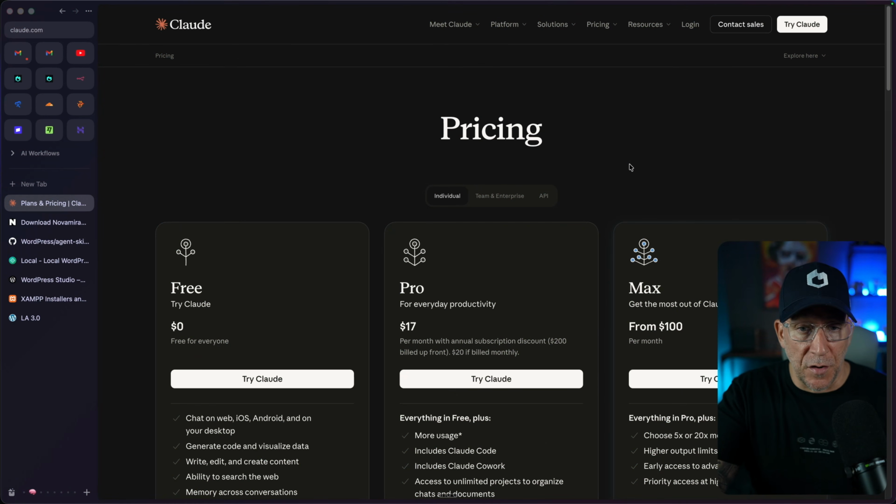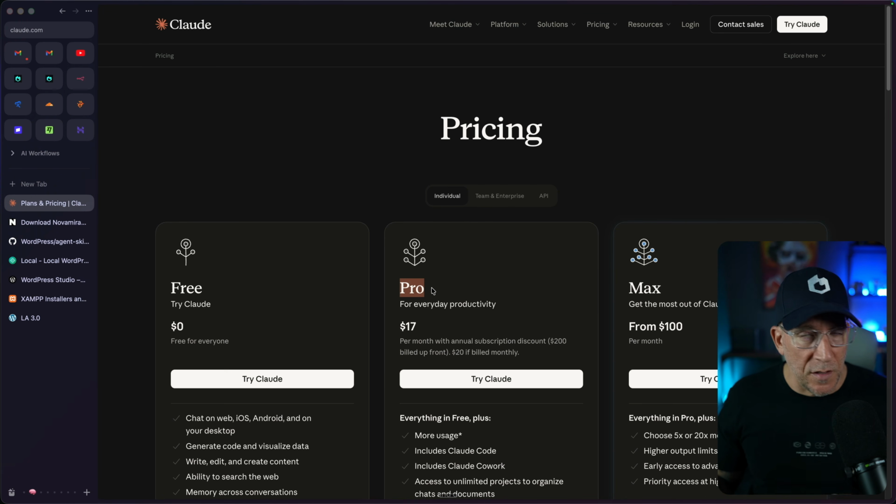This is a simple step-by-step guide for connecting Claude Code or other AI agents like Codex to a WordPress website locally, and it's only going to take a few minutes. We're going to be focusing on safety, security, and following best practices, so this is the perfect way to get started. To get started and use Claude Code in WordPress, we're going to need at least the Pro plan in